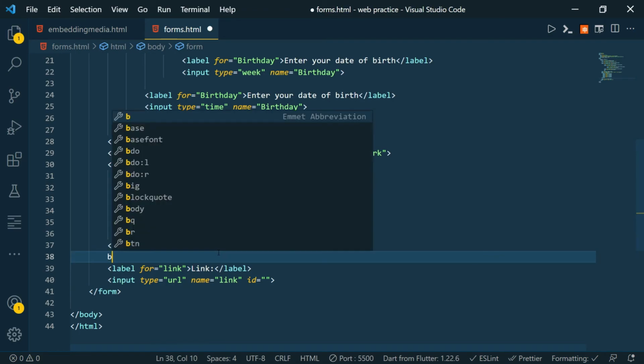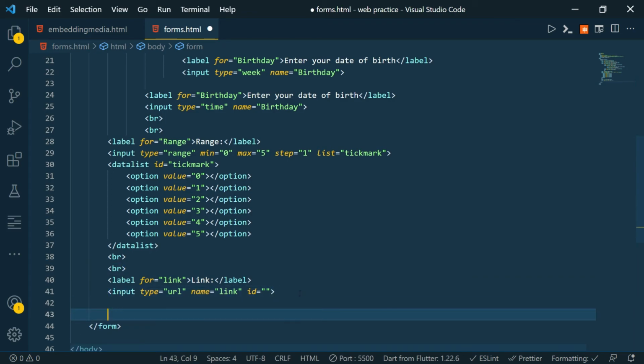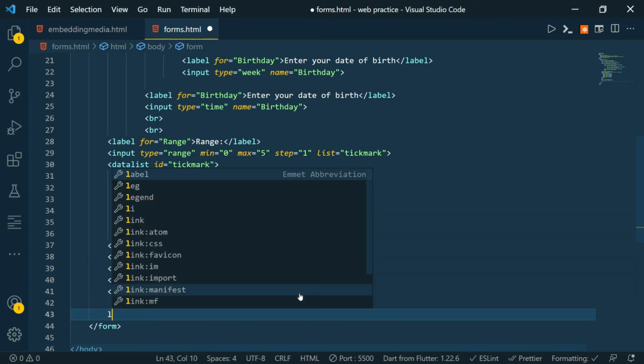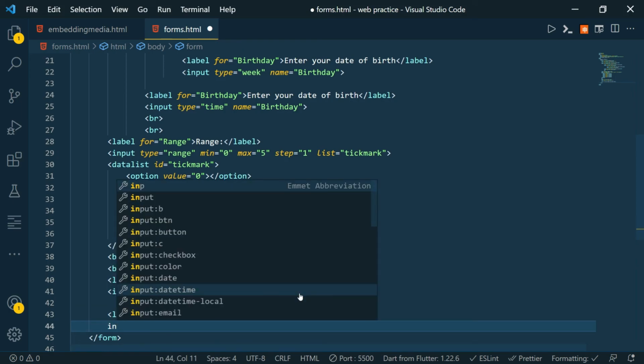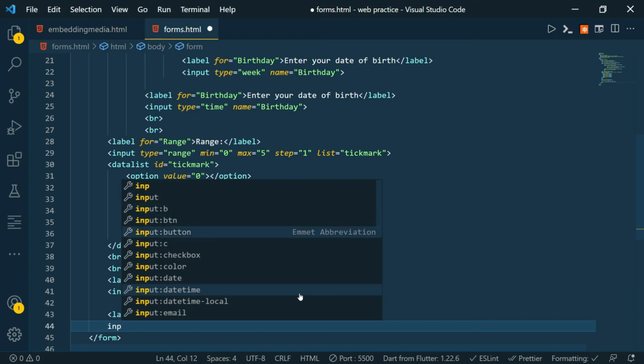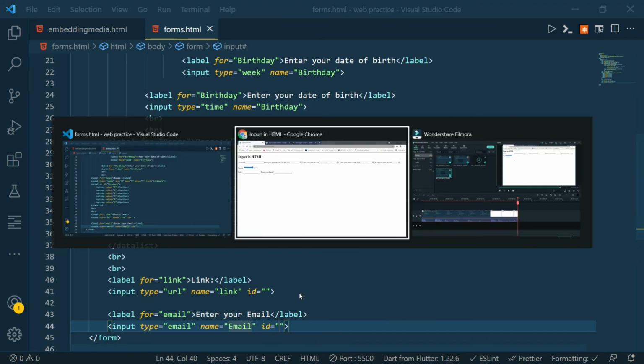Let's add a BR tag and another BR tag. Another similar input type is email. We'll give a label email, enter your email, and use the email type.